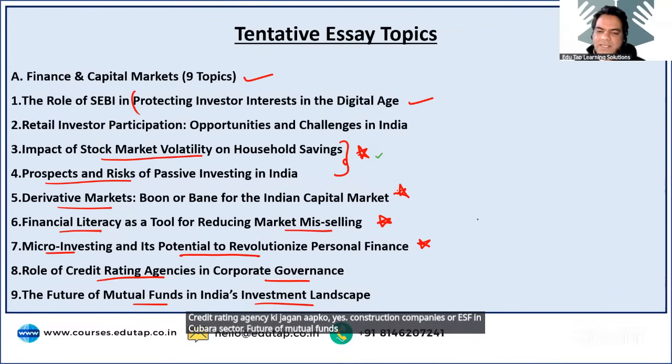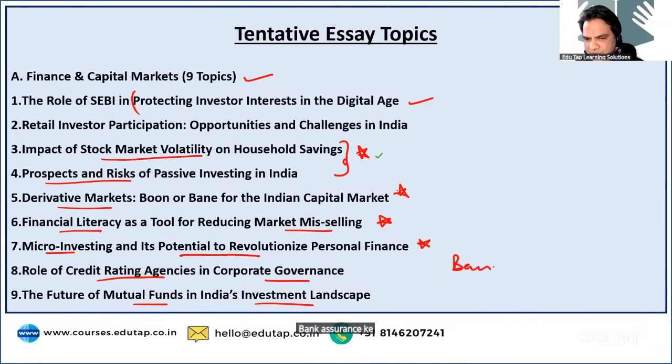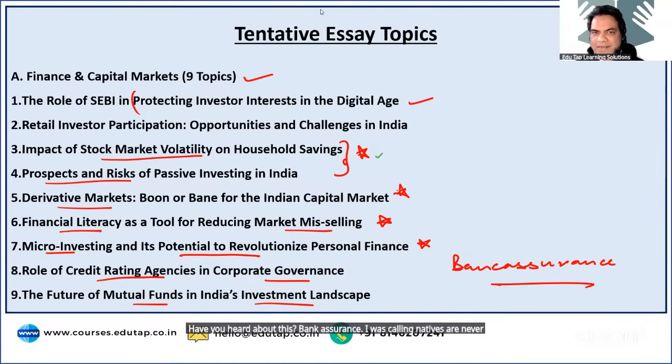ये हो सकता है जैसे बैंक अश्योरेंस के ऊपर पूछ लिया आपने। बैंक अश्योरेंस के बारे में सुना है गाइस? Have you heard about this? बैंक अश्योरेंस आजकल एक नई चीज आने वाली, मतलब जो प्लान कर रहे हैं कि आपको बैंक अकाउंट के साथ ही आपको इंश्योरेंस भी मिला करेगा। राइट, कि आपके हेल्थ इंश्योरेंस, आपका बाकी तरह के इंश्योरेंसेस वहीं पे बैंक में ही मिलने लगेंगे। अभी तो अलग से खरीदने पड़ते हैं।